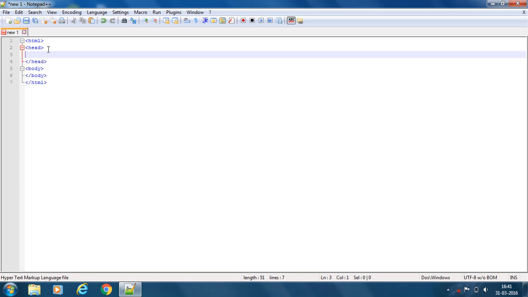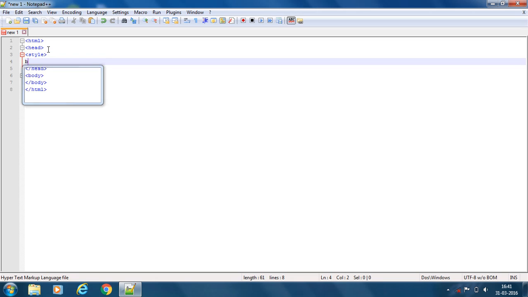Now let me add our CSS here, CSS style, body, curly brackets. Now the property color green, semicolon,